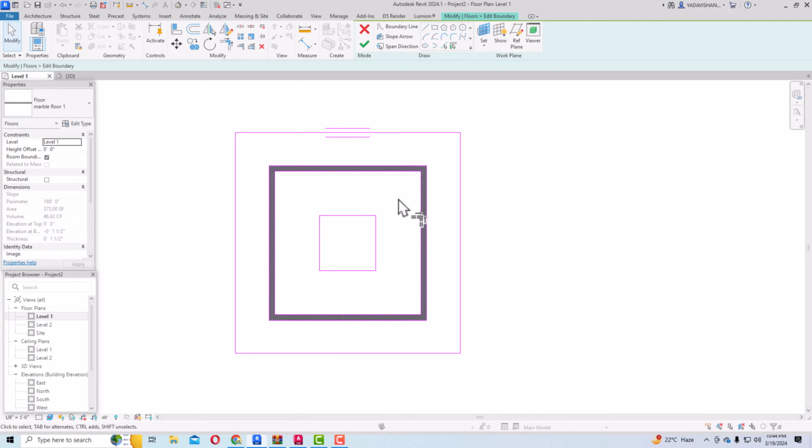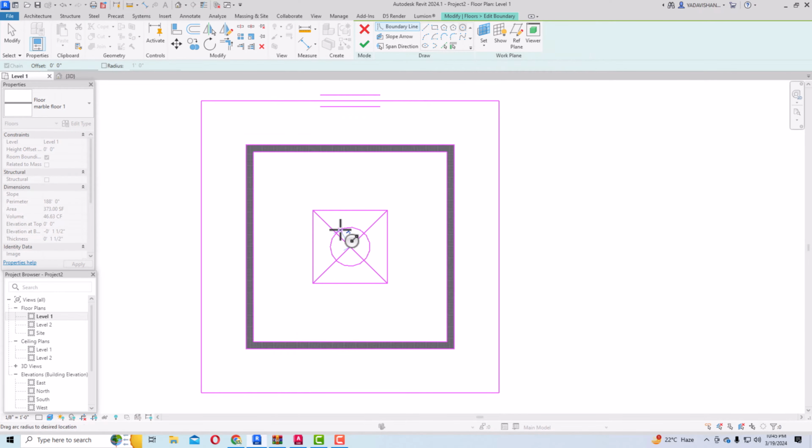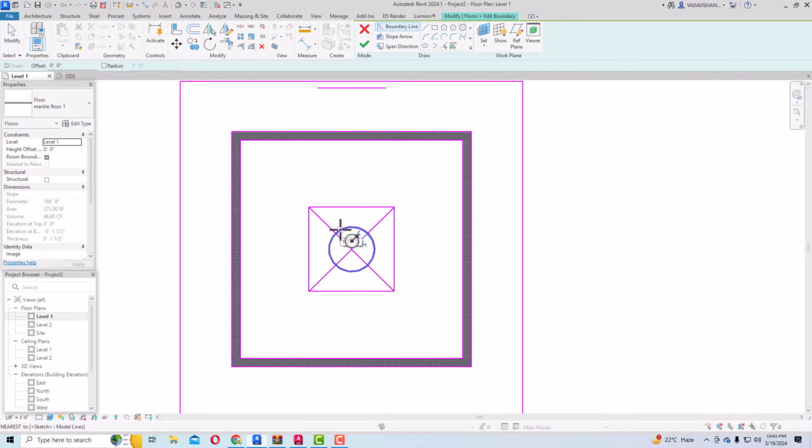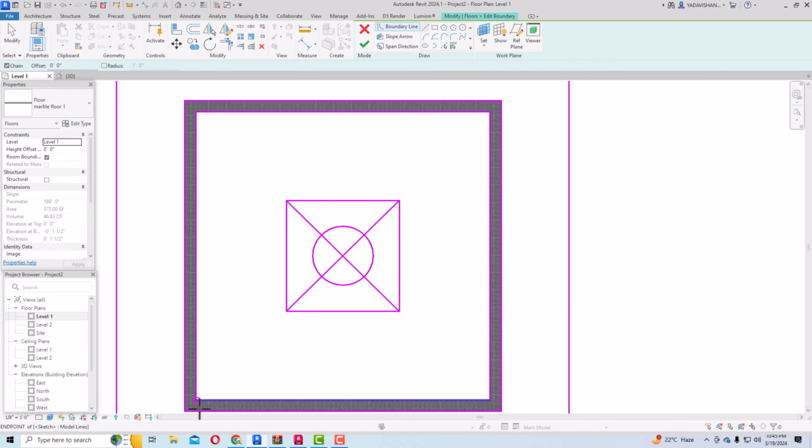So I'm going to use this line again, and I'm going to use this circle here, and now I'm going to draw some pattern lines here. So I'm going to draw some rough ideas here,